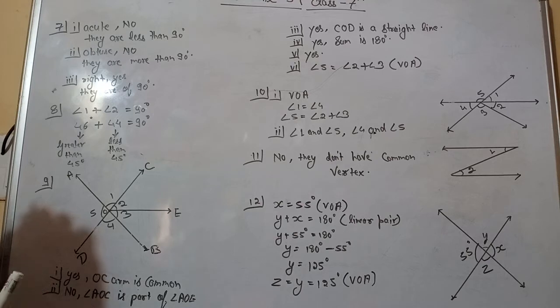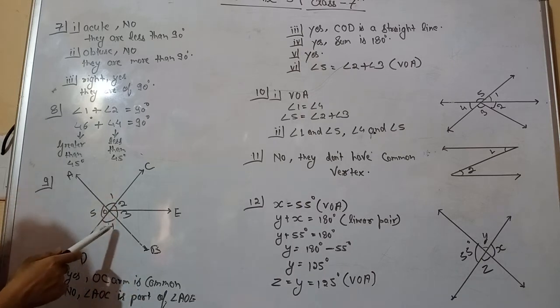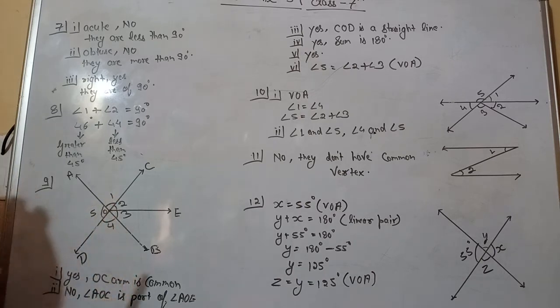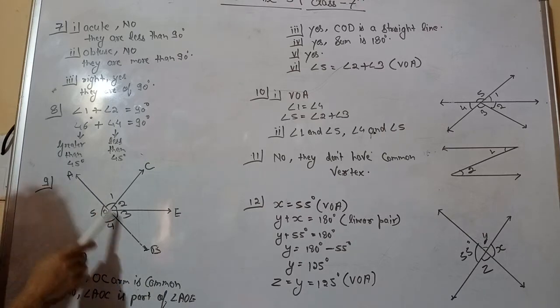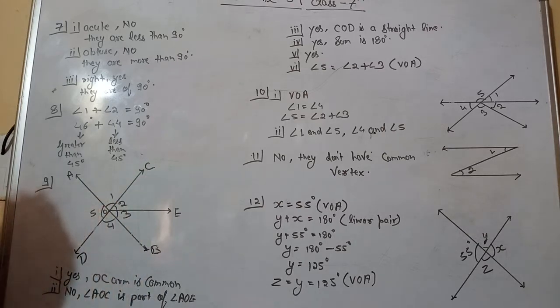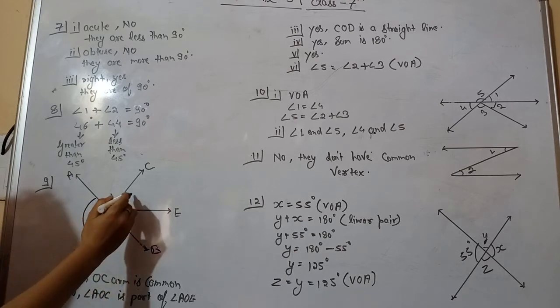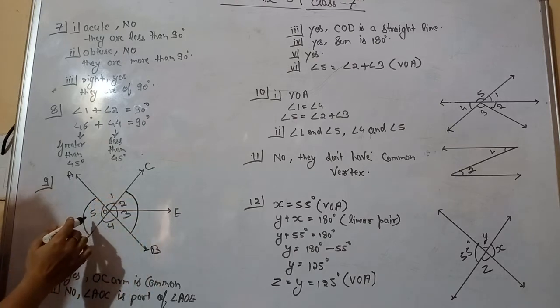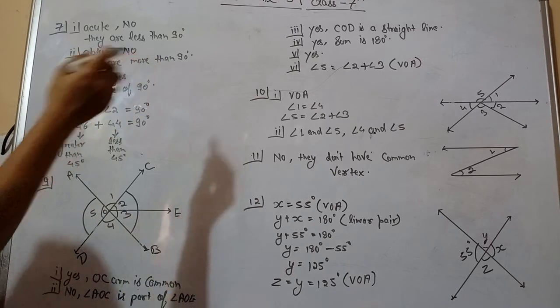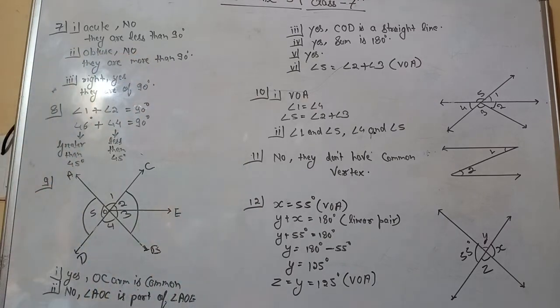Option number 5. What is given? Is 1 vertically opposite to 4? See here, is 1 vertically opposite to 4? So yes, it is vertically opposite to 4. What is the vertically opposite angle of 5? So see, this is the crossing point and 5 looks similar to 2 plus 3. So the vertically opposite angle of 5 is 2 plus 3. So I have written 2 plus 3. Okay. Now let us move towards question number 10.